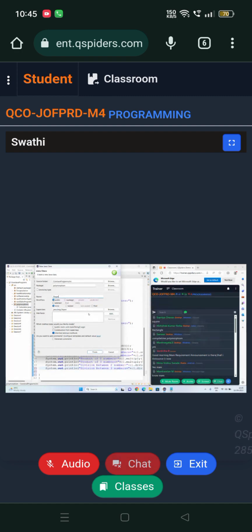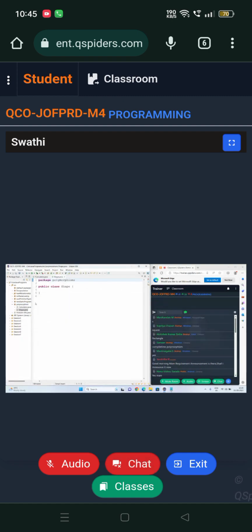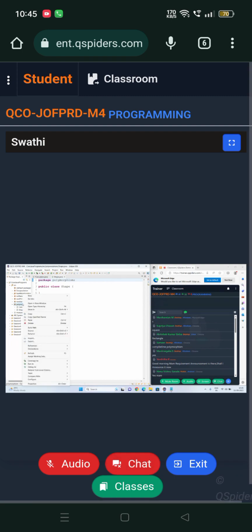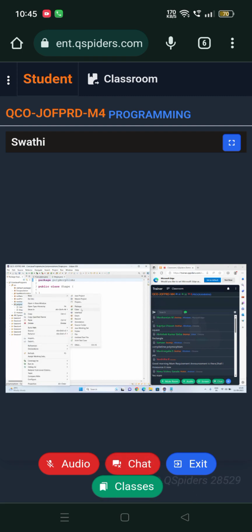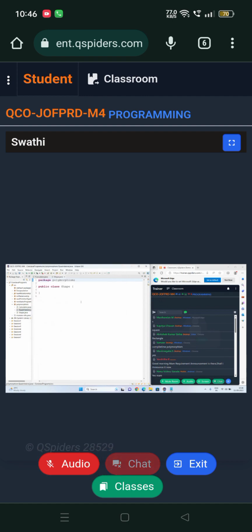Okay, so we will take a class Shape. And let's take one more class, I want to create three classes. Let's take Quadrilateral. This Quadrilateral will extend Shape.